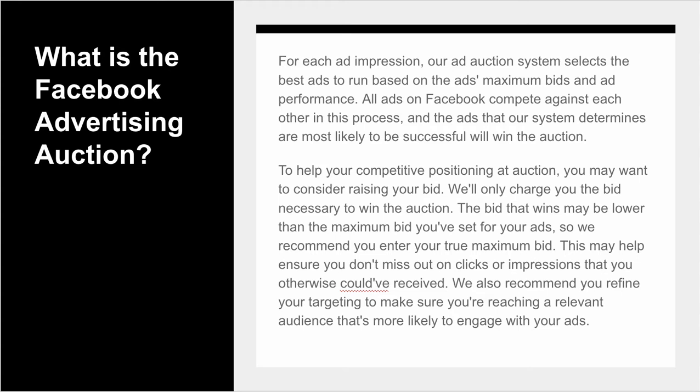Like I said, Facebook does not want to alienate their audience. If you throw an ad out there that is going to upset people, Facebook will penalize you for it. It will not do well. So you have to make sure that you read Facebook's terms of service, don't break their rules, and that you don't launch ads that are going to get negative feedback. You want to keep your ads relevant to your audience.